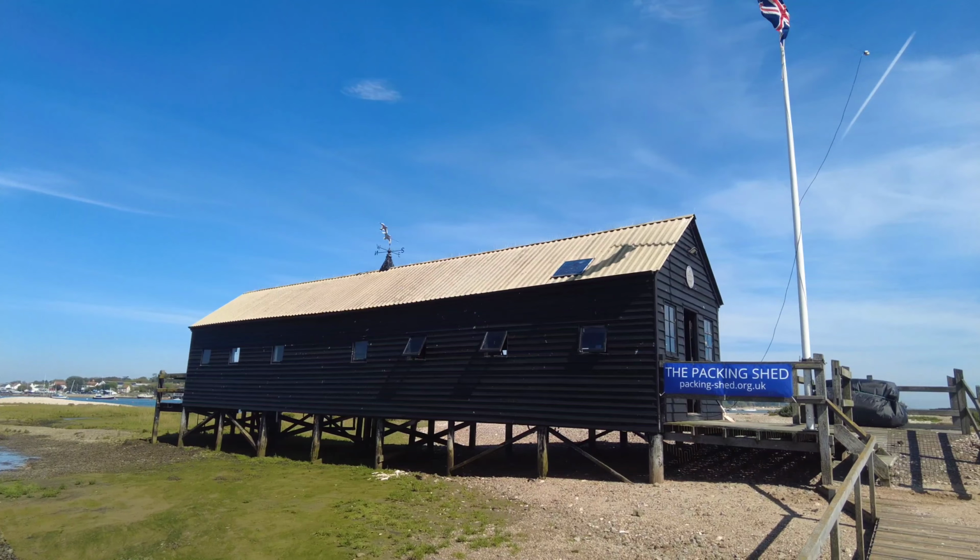This is the packing shed. It sits on Packing Marsh Island, not far from Colchester. It was originally built in the 1890s for the purpose of packing oysters prior to being shipped off around the